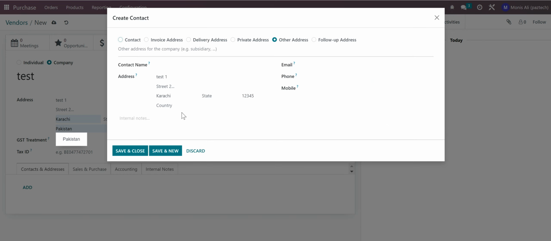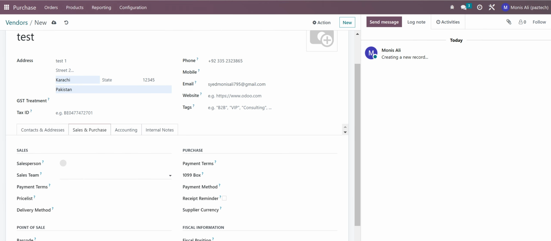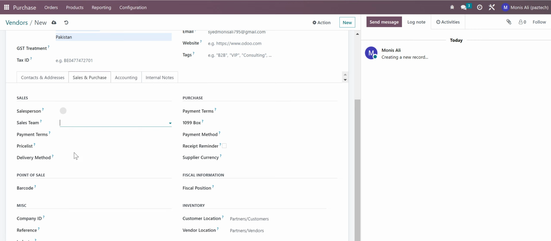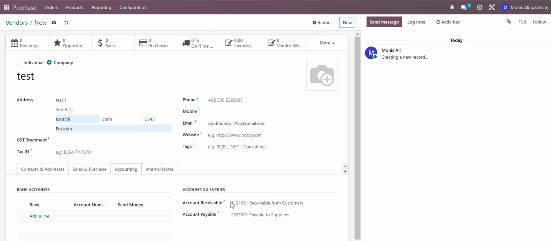contact details. In the sales and purchase tab you can define the salesperson related to this vendor, any sales team, and payment terms. If there is any price list related to this vendor, we can also add this price list here. The same goes for the purchasing department. This is for the sales, and this department is for purchases. And in the accounting tab you can define the accounting